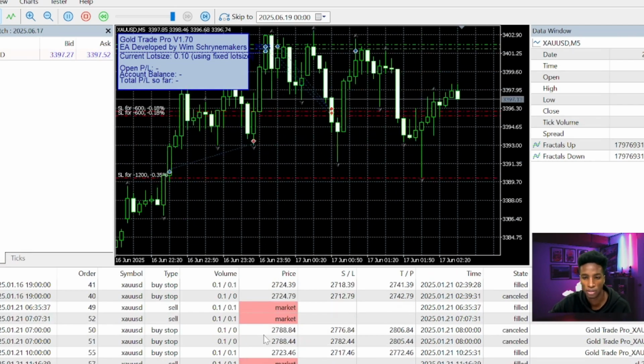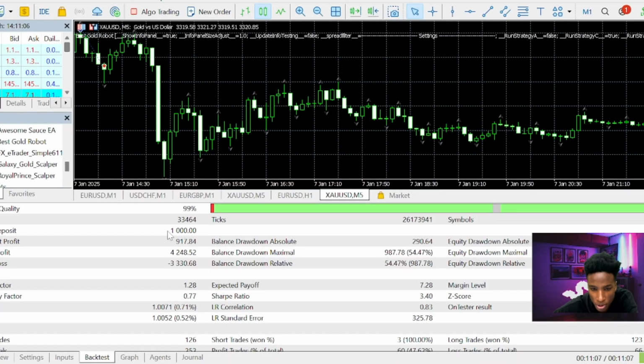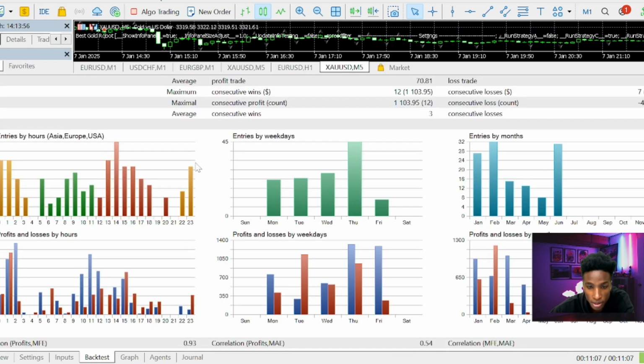This is the result of the scalping gold robot. We started with an initial deposit of $1,000. The net profit is $917.84. Equity drawdown relative is 60.45%. The balance drawdown relative is 54.47%, and the equity drawdown relative is 60.45%. As you can see here, this is a graph of our EA, and it is plotted by entries by